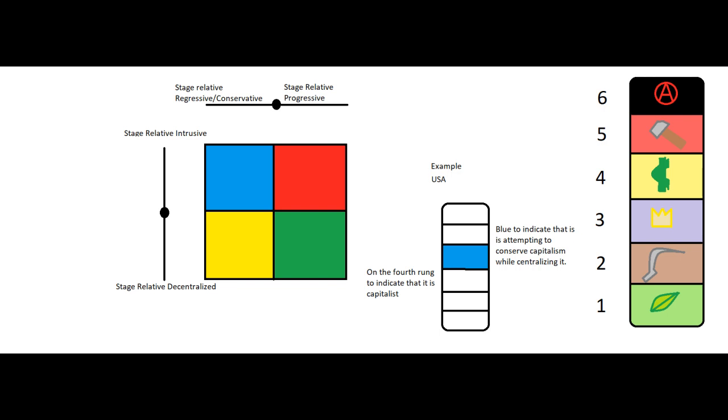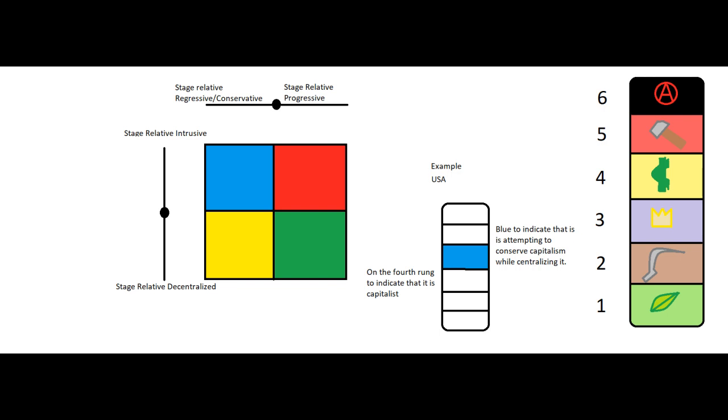So blue, which would normally be on the right, is now on the left. Let's take a look at what these spectrums mean. On the right, we have stage relative regressive / conservative. So basically what that means is